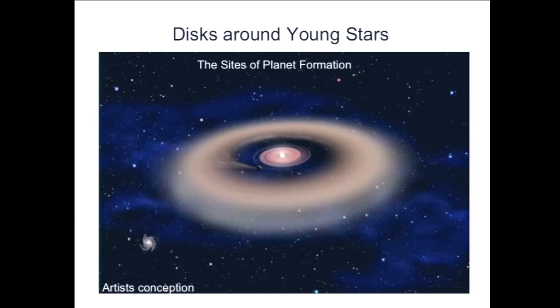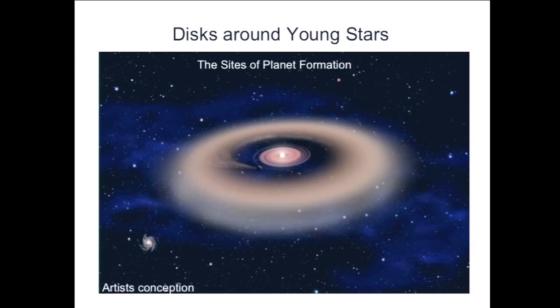So here is the newly formed star. This is the rotationally supported disk around the newly forming star. This is a gratuitous background galaxy. In this particular artist's conception, there's a big, very massive planet like Jupiter, which is so big that it's actually pushed all the gas around it away from it, clearing out this region where there isn't much gas due to the gravity of the planet orbiting around, pushing stuff away.